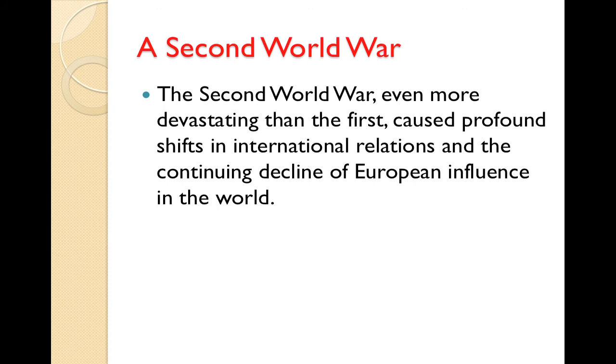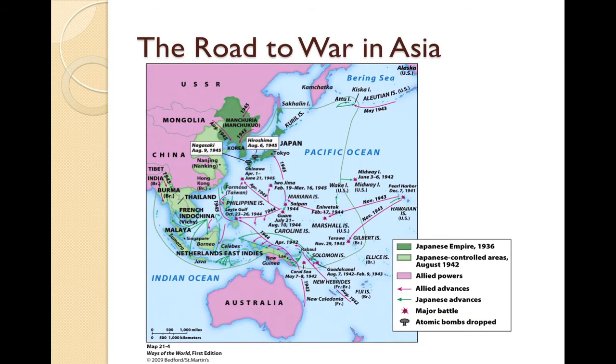The Second World War, even more devastating than the first, caused profound shifts in international relations and the continuing decline of European influence in the world. The first heading is called The Road to War in Asia. Intense Japanese nationalism and the increasing influence of the military on Japanese politics led to the invasion of China and